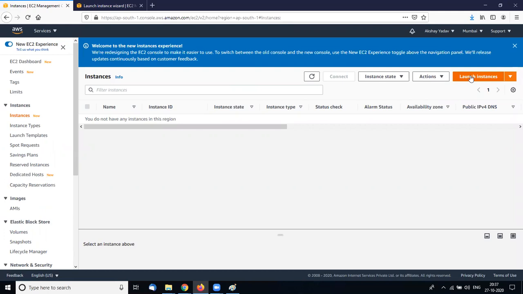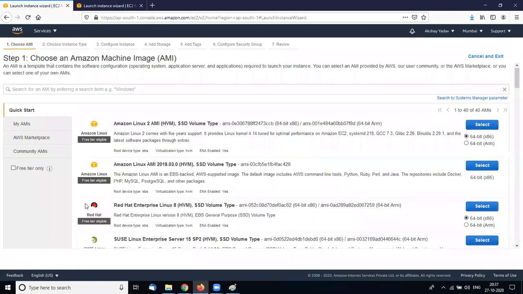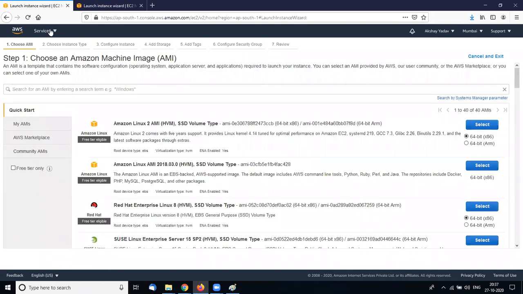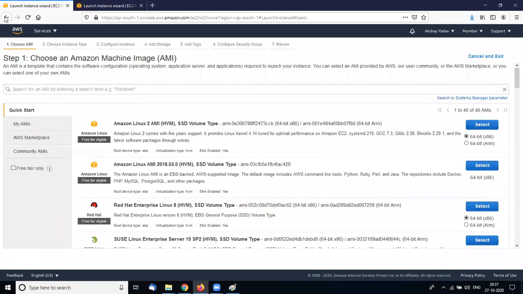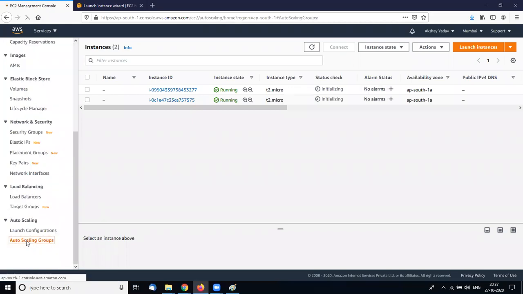Okay, so I select launch instance and select the image. Sorry, we need to launch it directly, through the auto scaling group.